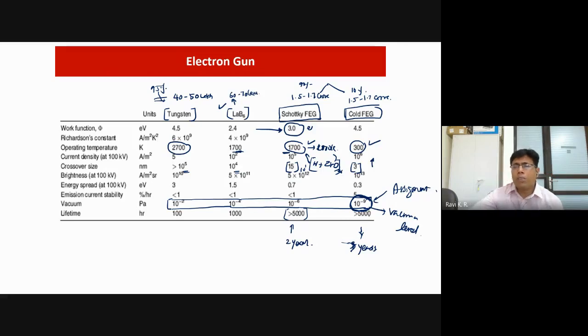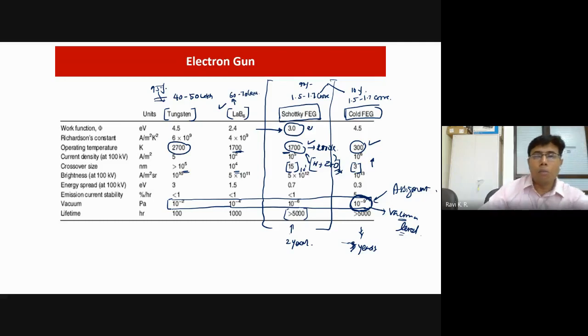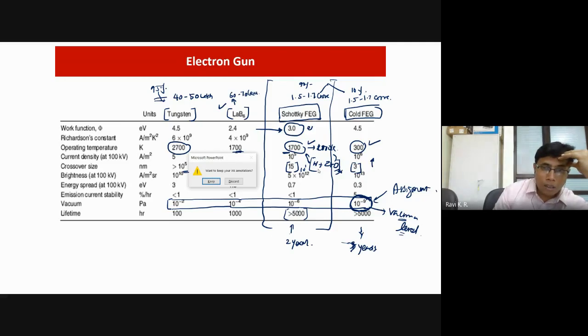When you have a high vacuum level, such a big instrument, if you have a lot of power fluctuation, it is always difficult to use these machines. So that's the reason people prefer to have a Schottky FEG. If you look at India, I think there are very few machines which are cold FEG. Mostly the Schottky FEG is readily available in most places. In fact, all IITs have it except IIT Jodhpur. Okay, if you have any questions, you can ask me, then we'll go to the next topic.